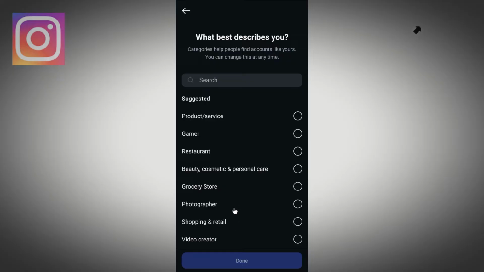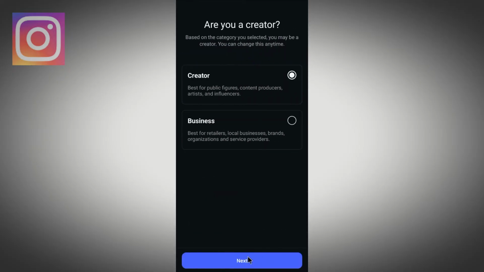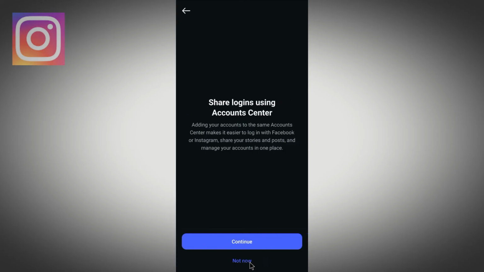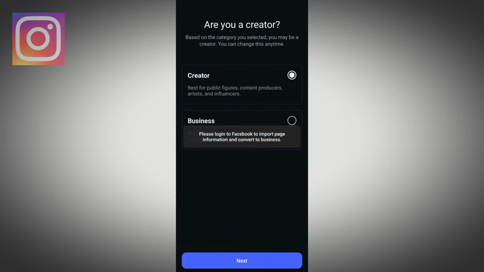Here, select the type of account you want to have and click on done. Once you do this, you choose creator or business. You can choose whatever you want right now. After you do that, you should be switched to a professional account. As you can see, now I have a professional dashboard, which means my account has been changed to a professional